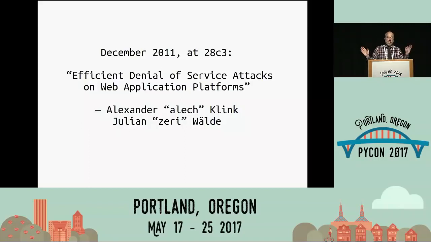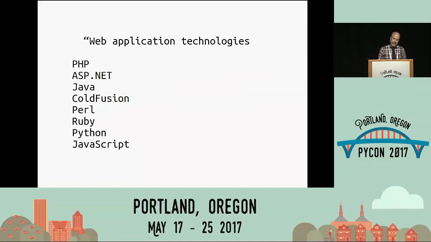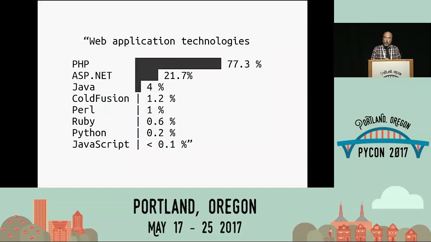Platforms because Python was not their big target. Python had this problem, but so did almost every other language. In fact, this is kind of fun, it was 2011, so they made a list of the web application technologies they were about to discuss, and to know how important each of them were, they went and found a website that ranked programming languages by their importance to the web. You'll be happy to know that our vulnerability to deliberately created hashes only affected 0.2% of the web, according to the numbers they had at the time.